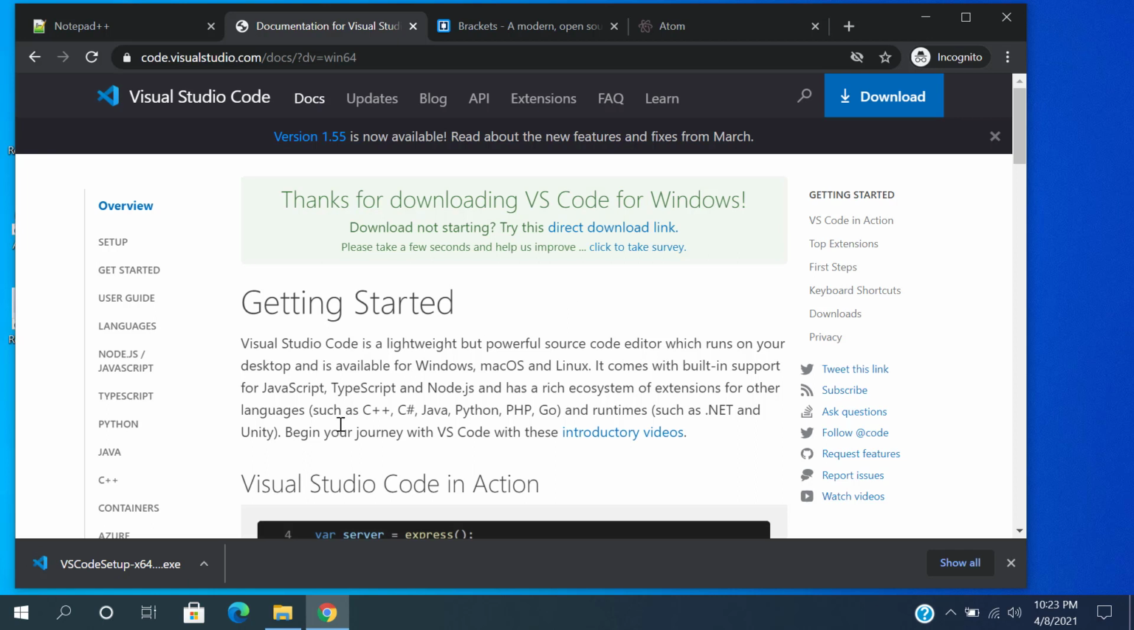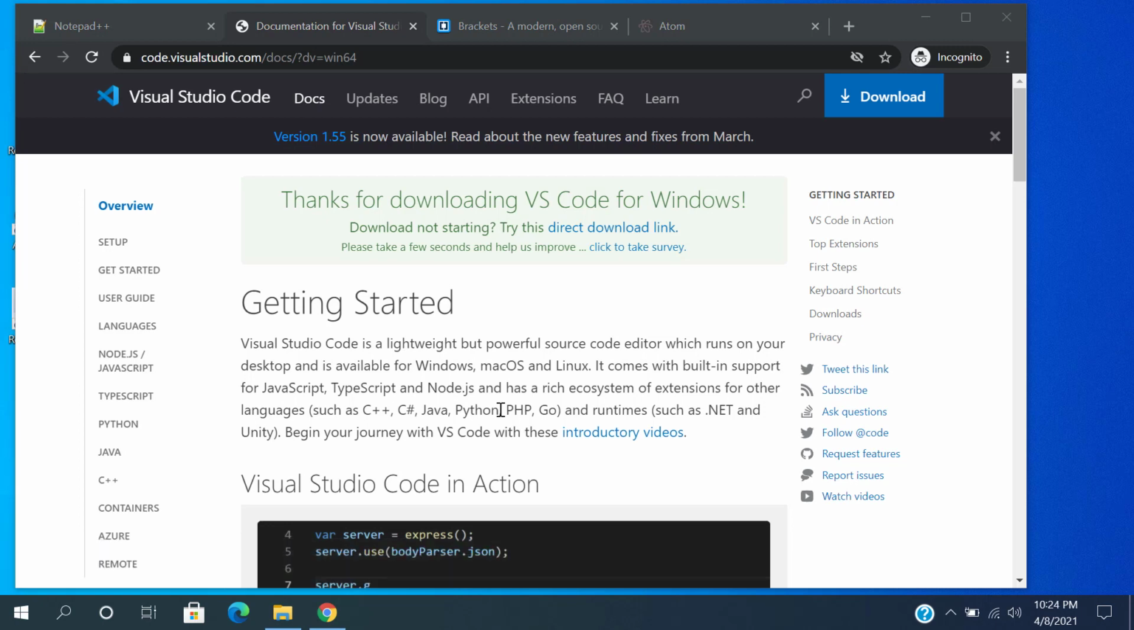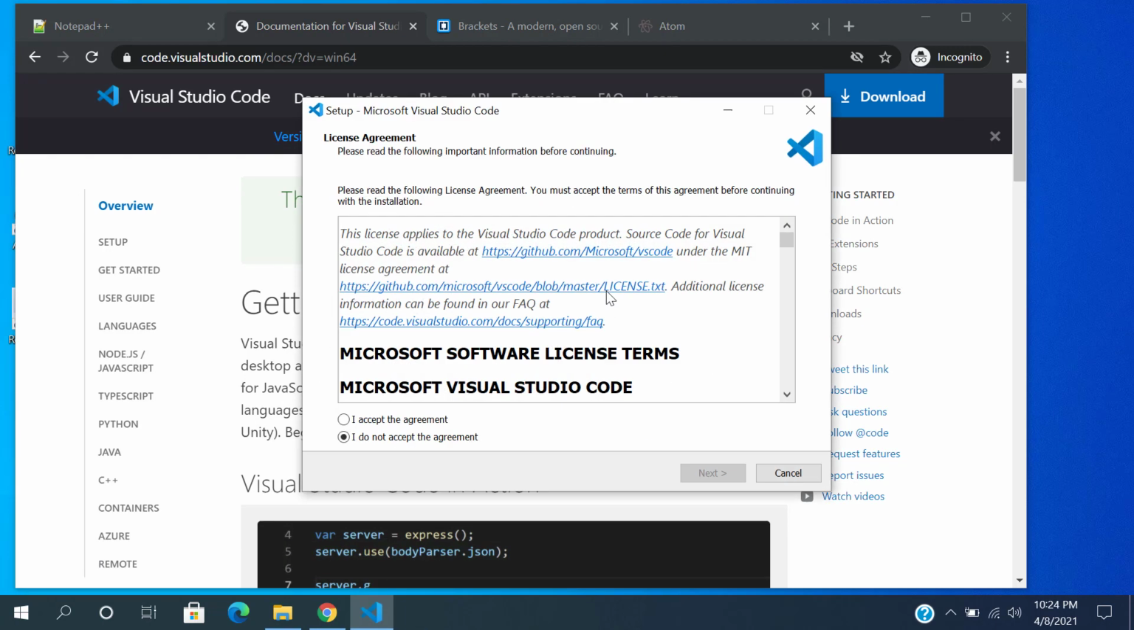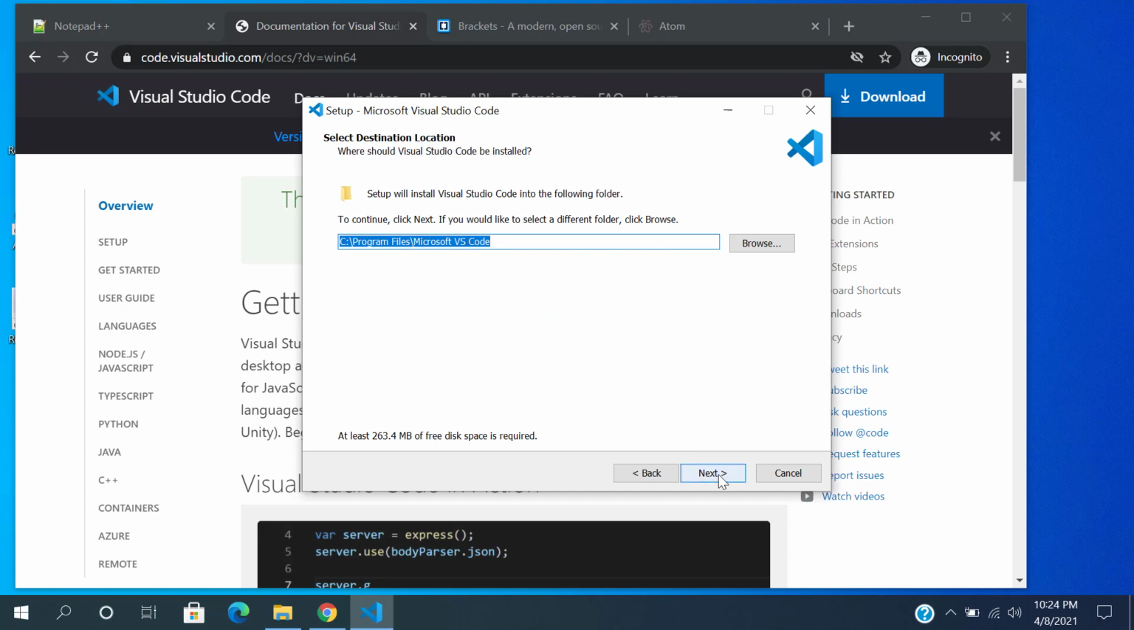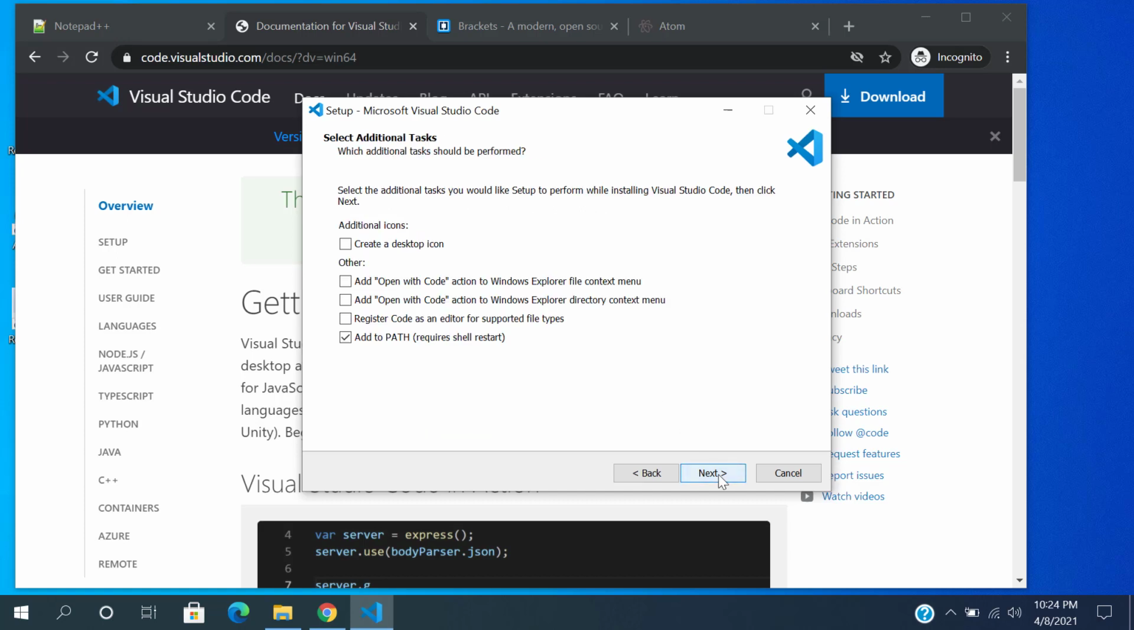Now let's run the setup installer. Accept the license agreement. The folder is fine. Name is fine. Maybe you might want a desktop icon, but I don't really want it. So you can also add it to the context. I think we should add this to file and